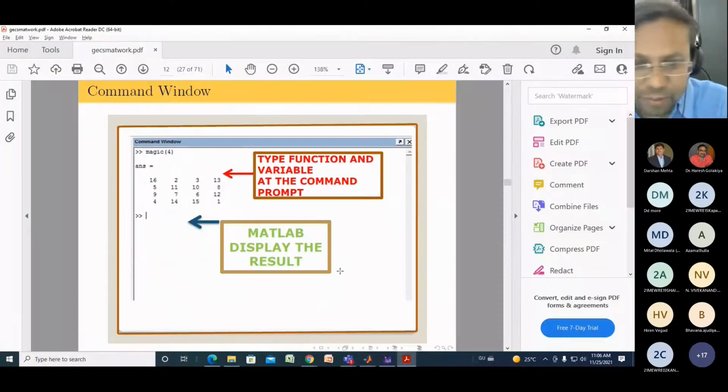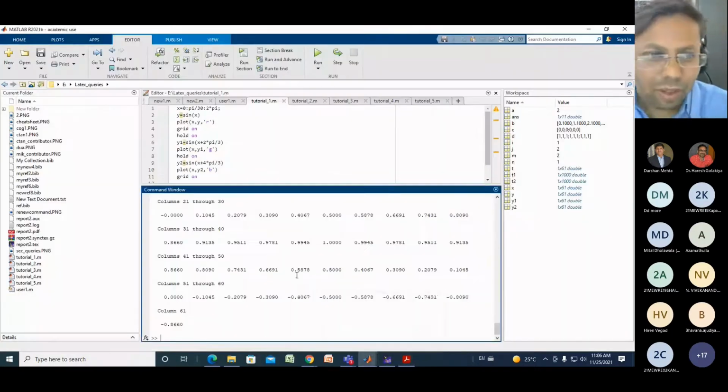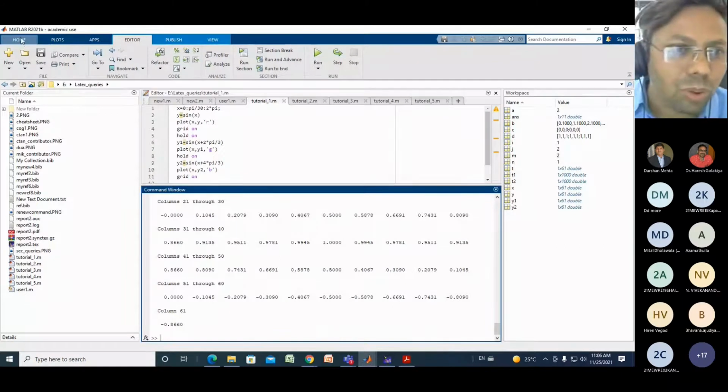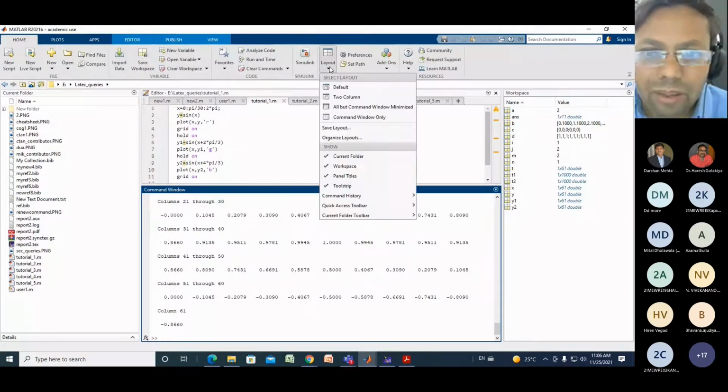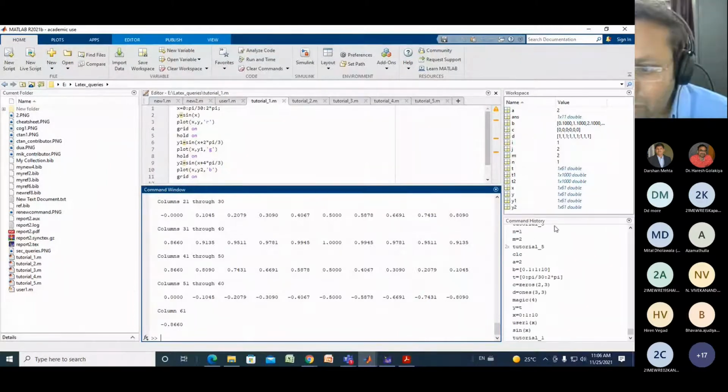After that, the another window is the command history.